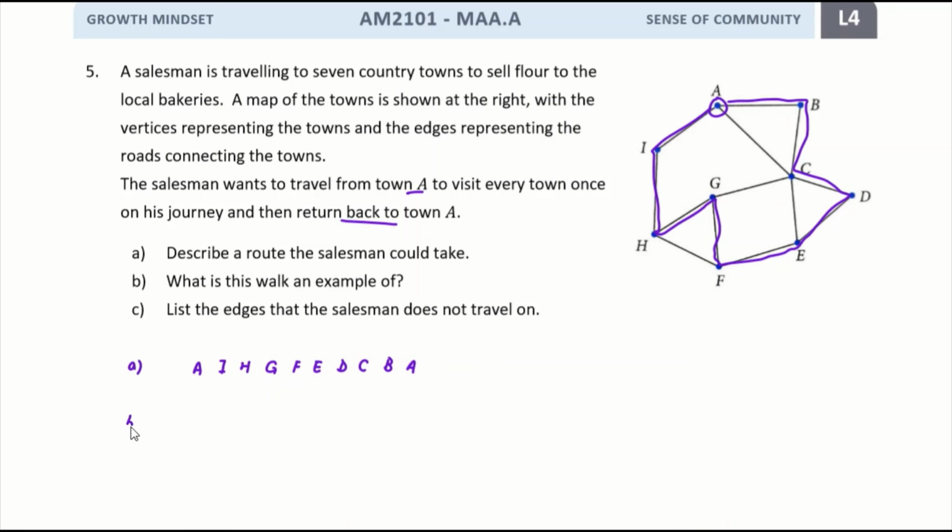Okay, so B, what is this work an example of? This is simple. It's a Hamiltonian cycle. Okay, so that's the idea. If you want to explain further, you can try to write Hamiltonian cycle, because the salesman,